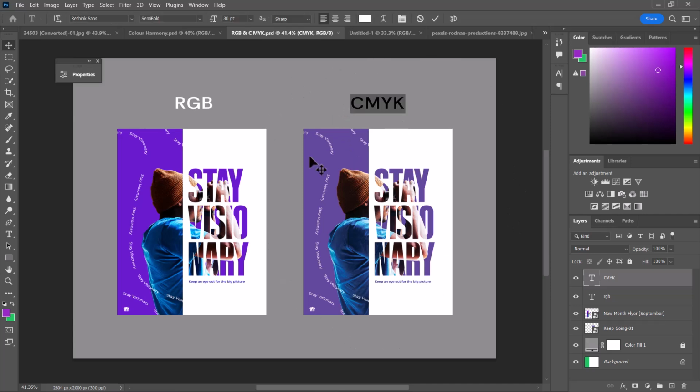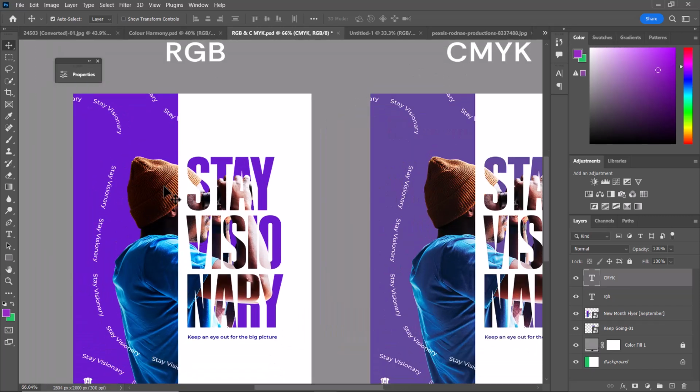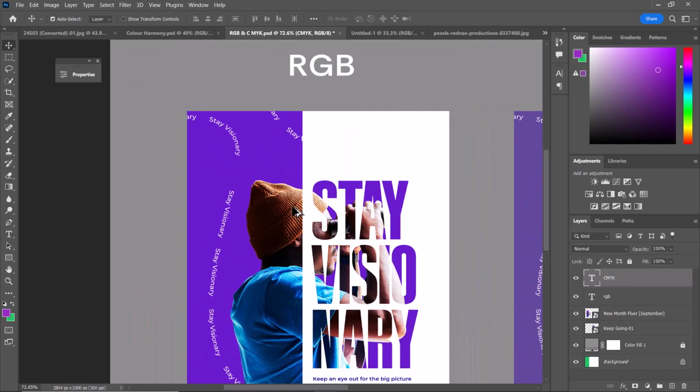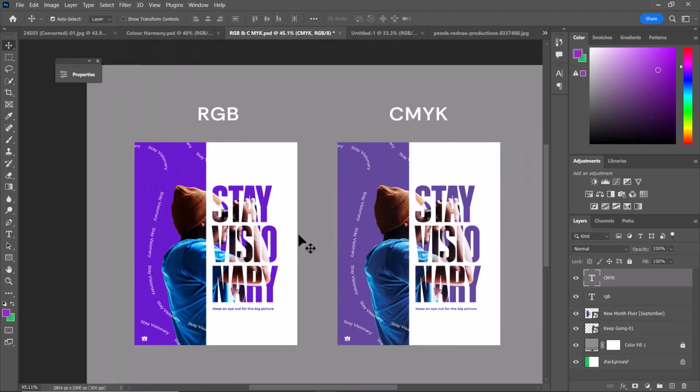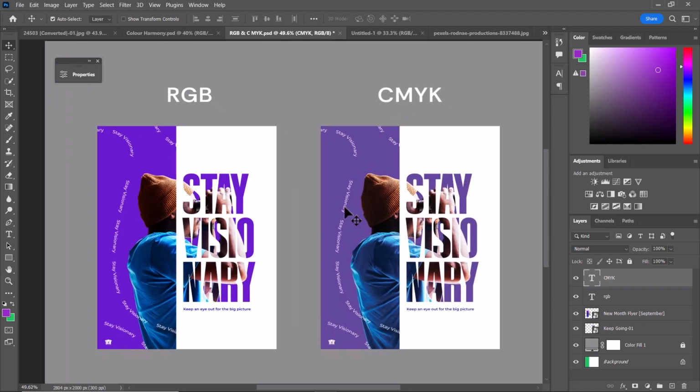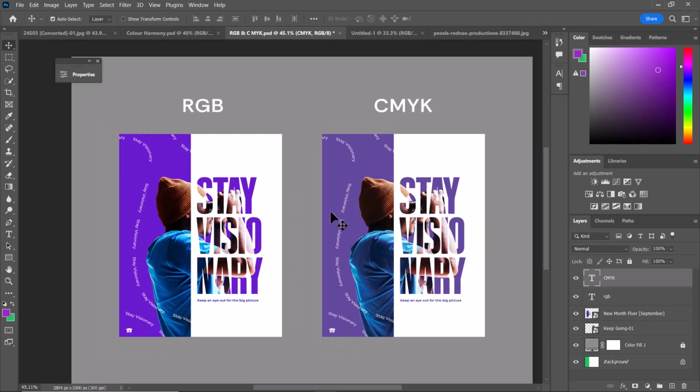So this is how it's going to be when it's being printed. This CMYK here is good for printed form. So this is the print format of it, and this is the digital format. So I actually designed this using this particular color here. Yeah, but switching it down to CMYK, it gave me this color. So now the thing you need to understand is that